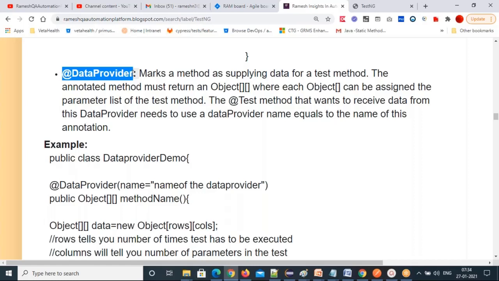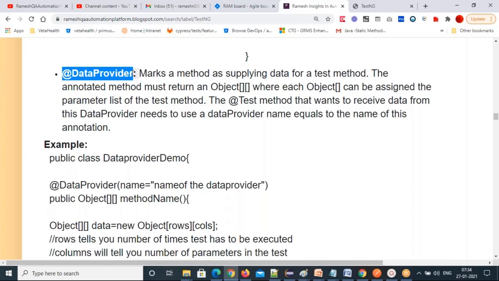The annotated method must return an Object two-dimensional array. In Java, we have seen two-dimensional arrays, where each object can be assigned to the parameter list of the test method.